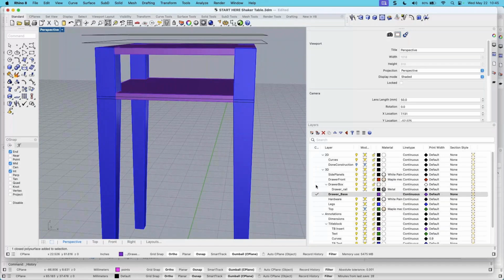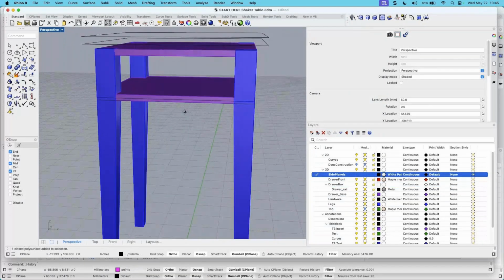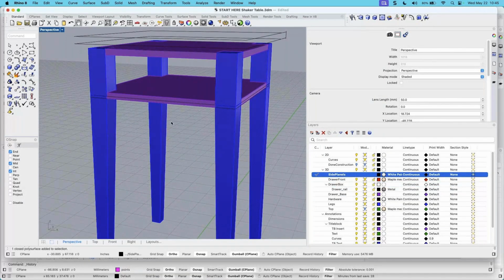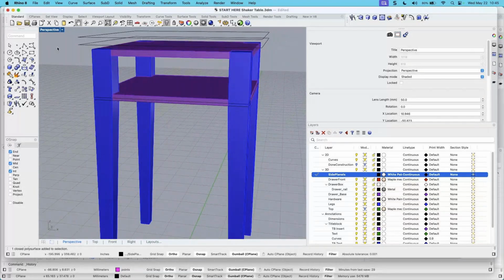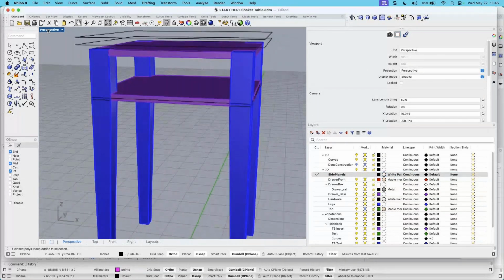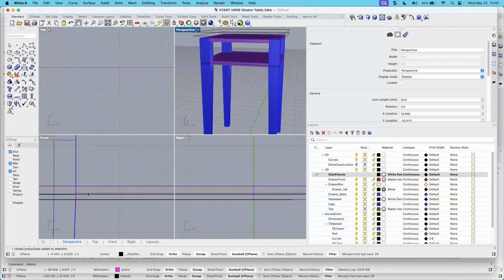what I call the drawer box. So that's not what I want to do. Drawer base, side panels. There we go. We have to do the side panels, and then we'll move our way into the drawer. Now, the side panels are going to